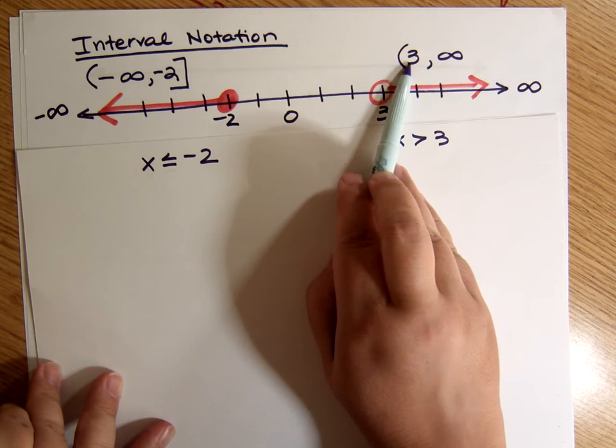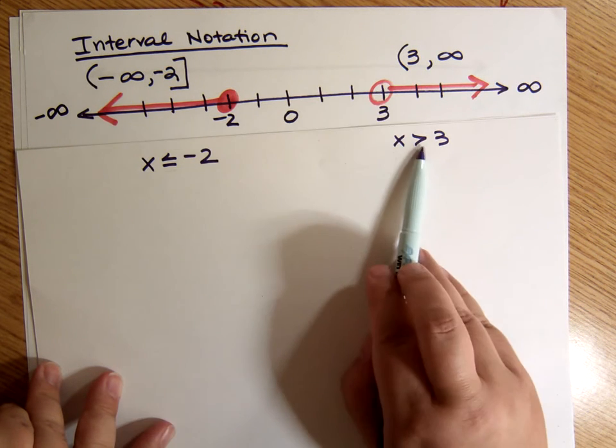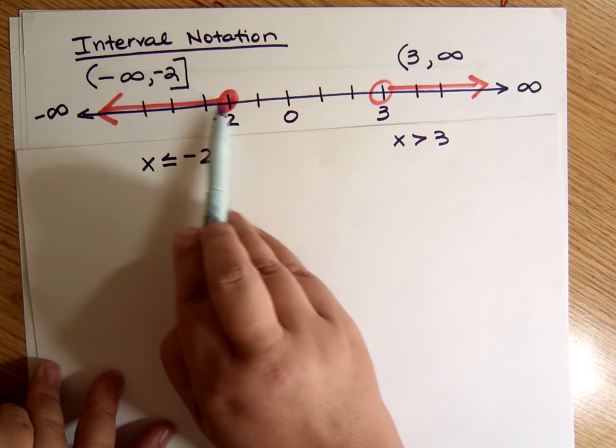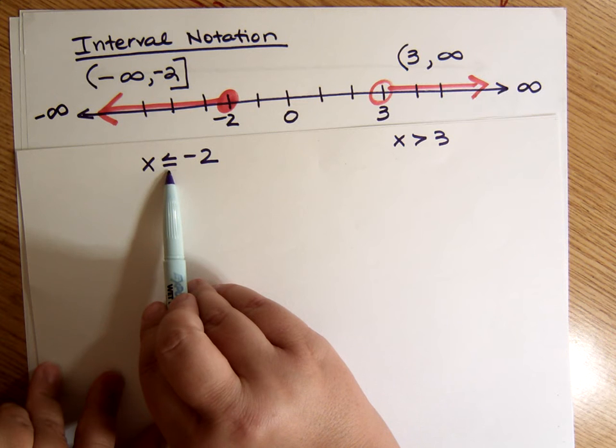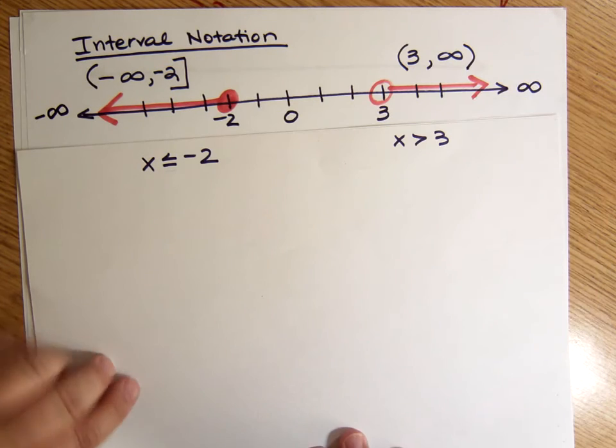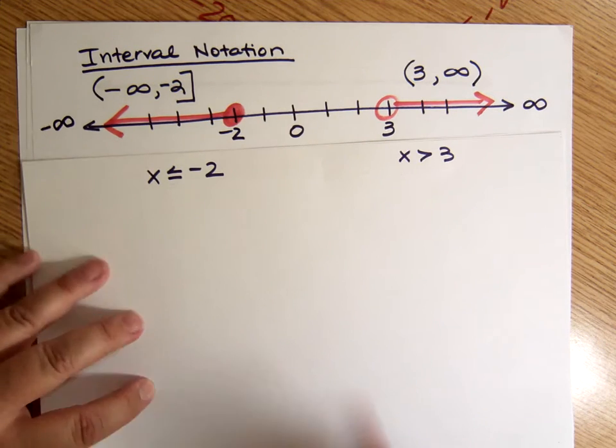Parentheses are for use when you don't include the point or when it's just plain less than or greater than. Bracket is for use when you do include the point and it's less than or equal to or greater than or equal to. We always put parentheses with infinity. And so that's my answer basically. That's what this graph,